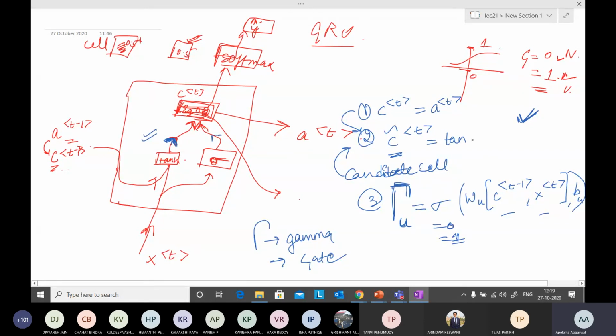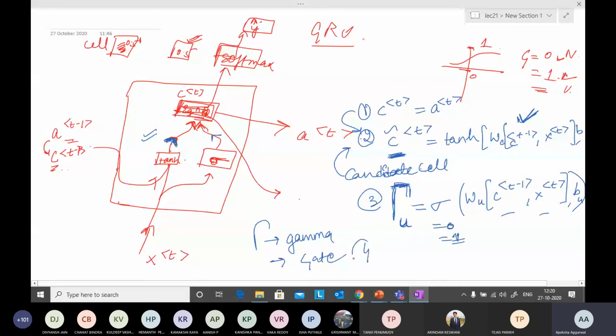Okay. So tanh, this is the same equation that we have seen previously, with C t minus 1 and x t. This is the same equation as in RNNs, because we are calculating the cell state or activation similarly. So this is also the cell state, this is also the activation. This is updated only when this gate value is 0 or 1. I hope this is clear.